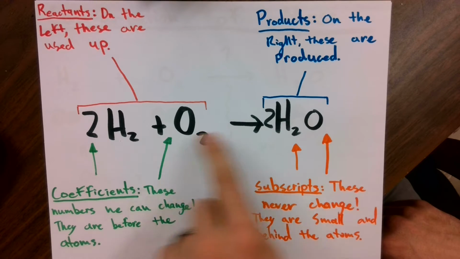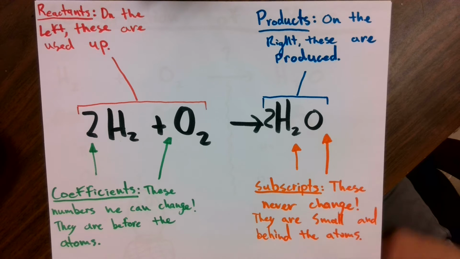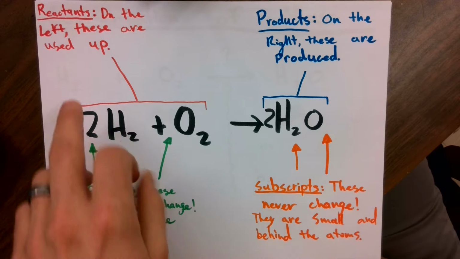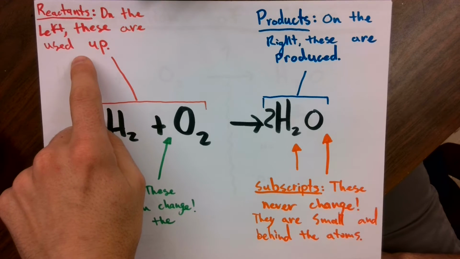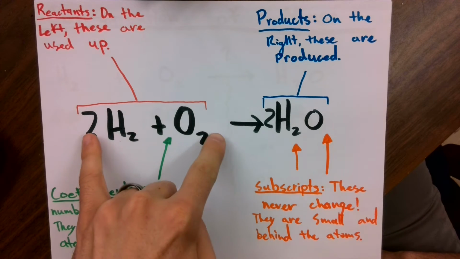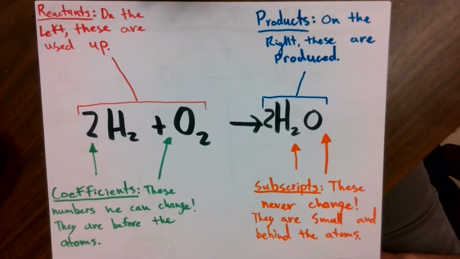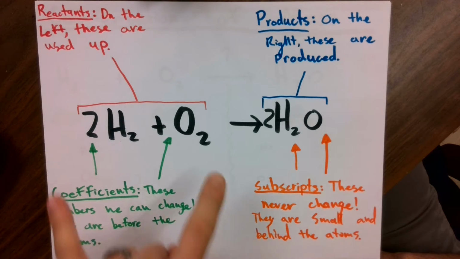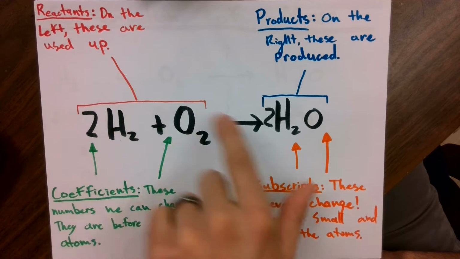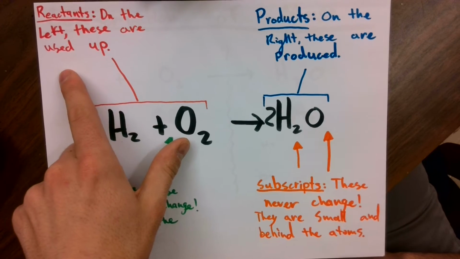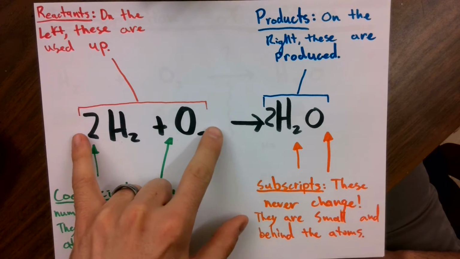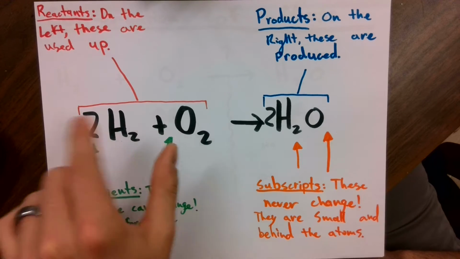This is a chemical equation here in the black, okay? That's what we're going to be working with a lot in this unit and really for the rest of the year. So here you see reactants, okay? This is the reactants right here. These are the things that come together to produce something else, all right? So they're on the left side. They're used up. In this case, they're used up. Sometimes they're not always used up, but the big thing to remember is they're starting the reaction, and they are